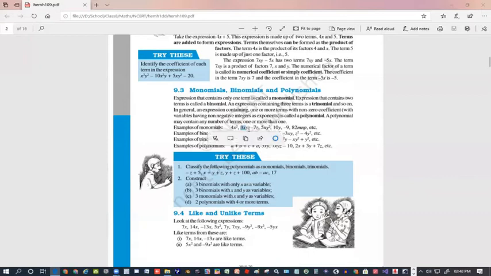3xy, only products. Minus 7z, monomial. 5x y square, monomial. 10y, monomial. Minus 9, monomial. And this is 3 variables and monomial because all are multiplied. 82, coefficient is 82. Not constant, it is called coefficient. Similarly, binomial will mean it will have two terms.